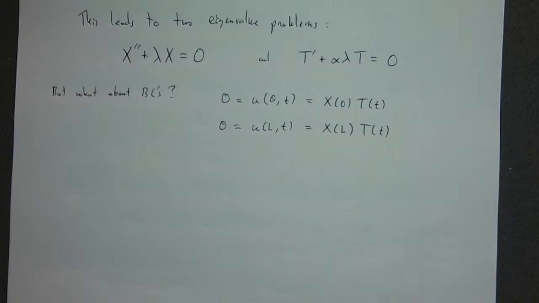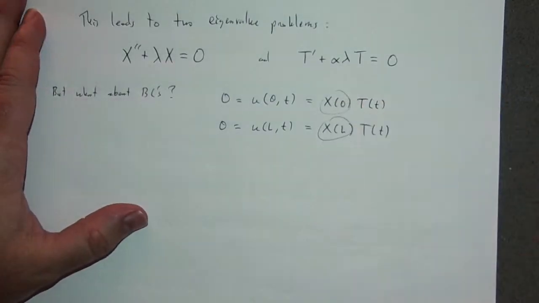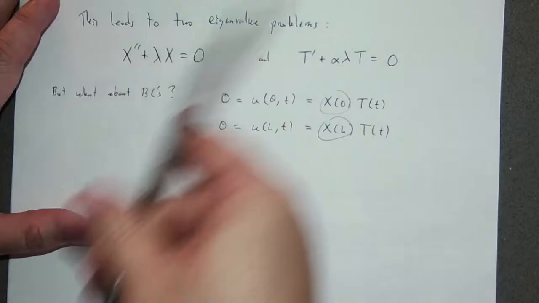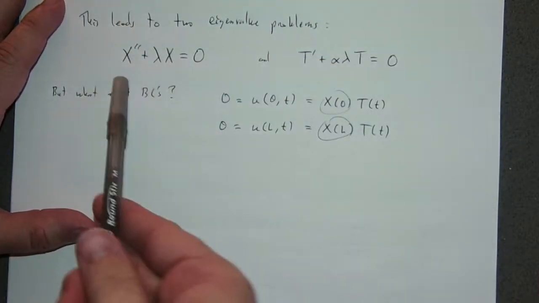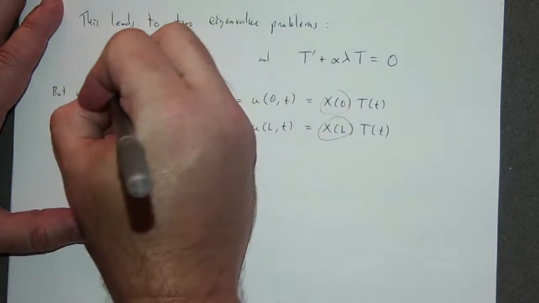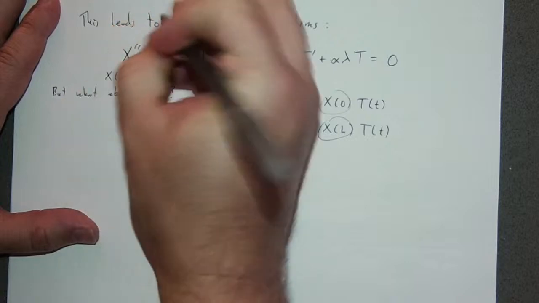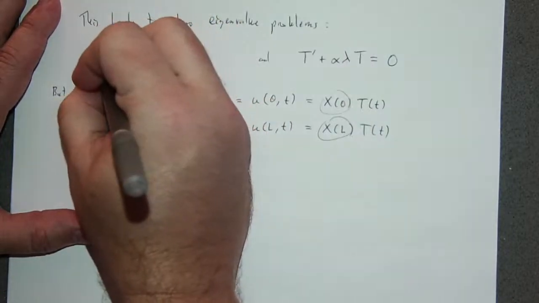Okay, that's not gonna work. So then what has to be the case? Well, what has to be the case is that these things are 0. And so I get eigenvalue problems where, associated to this, I have boundary conditions x of 0 equals x of L equals 0,